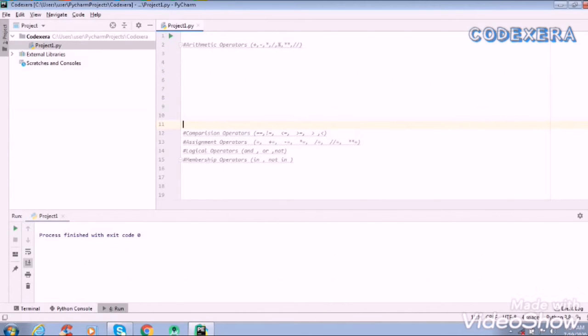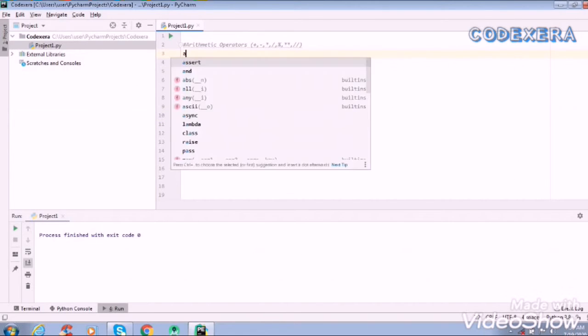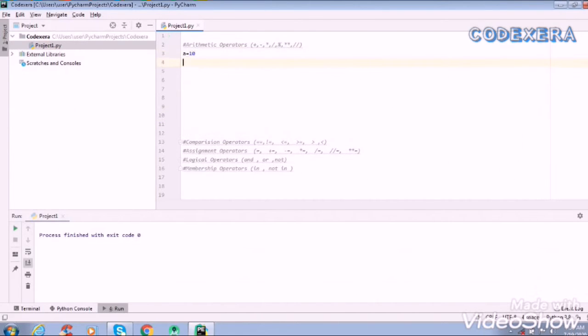Let's start with our arithmetic operators, and how to use them. It is easy to use. Suppose we have two values, a is equal to 10, b is equal to 11.